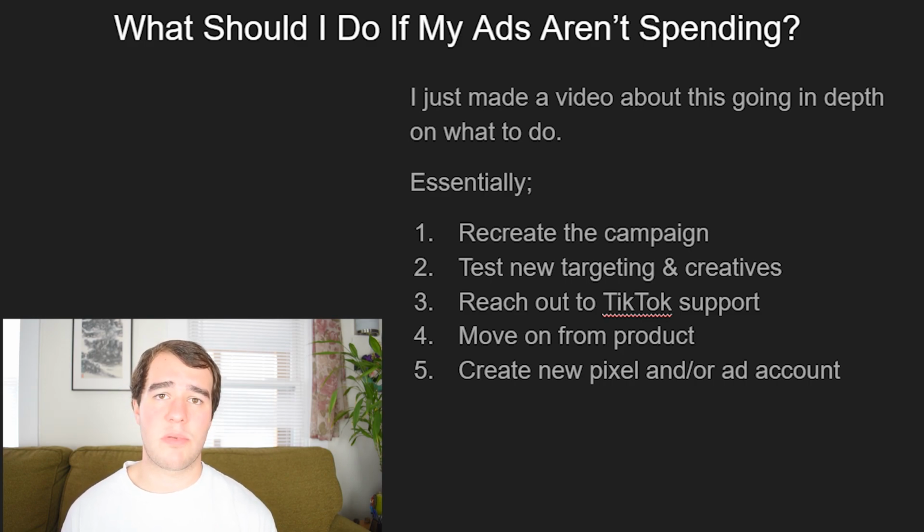If neither of those things work, I would probably reach out to TikTok support and just be like, what the hell is going on here? Why are my ads not spending? And hopefully they give you a reason. If not, if they still don't give you a reason, move on from the product. It could just be the product that just doesn't want to spend for some policy issue, or maybe there's an algorithm issue. If that still doesn't work, like if the next product that you test still isn't spending and you run through all these again, what I would say, create a new pixel or just create a new ad account. I know it's a pain, but like I said, TikTok is being very buggy with their spending issues right now, and it's kind of up in the air on how to actually solve the issue. These are essentially the 5 or 6 steps that we take to solve the issue when we have a campaign that's not spending, you know, what we do and what's worked for us.